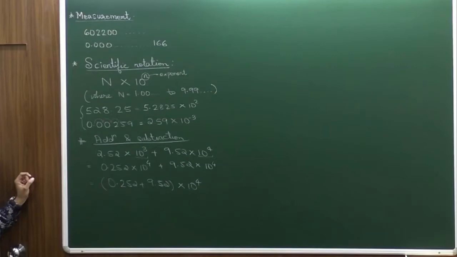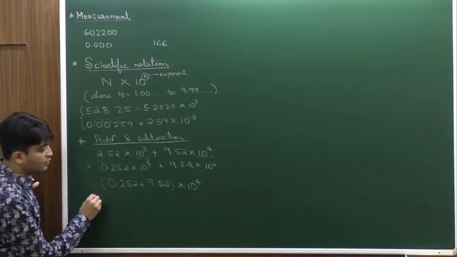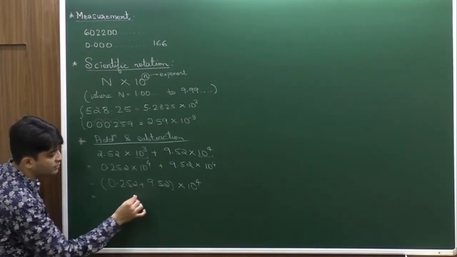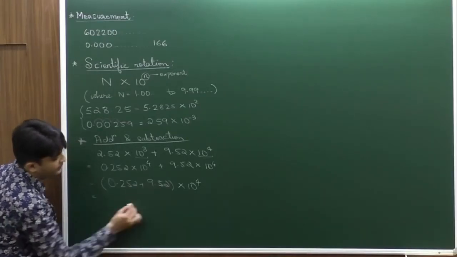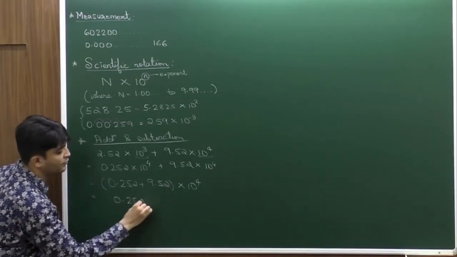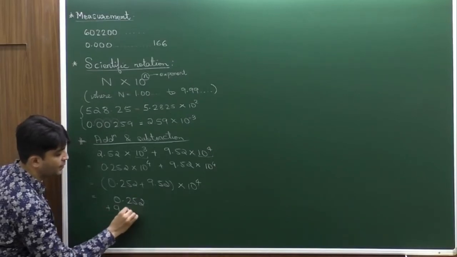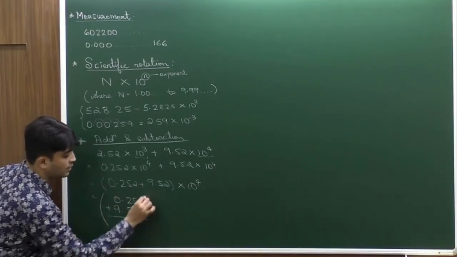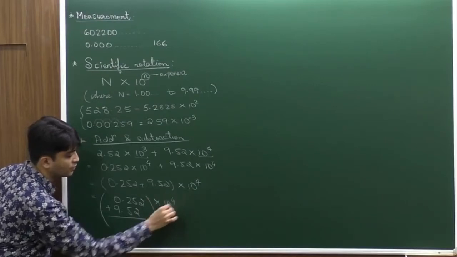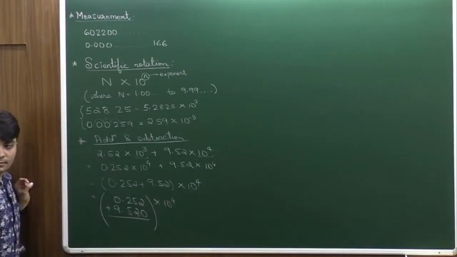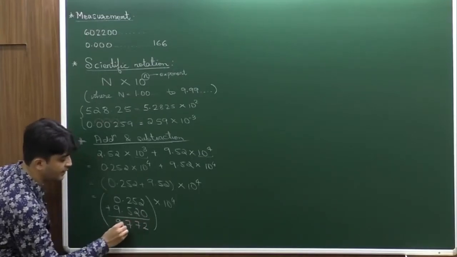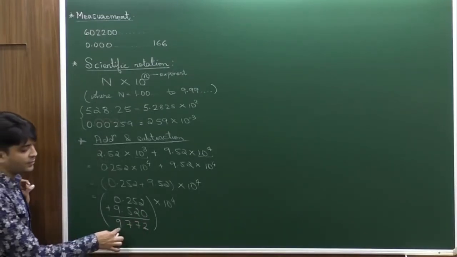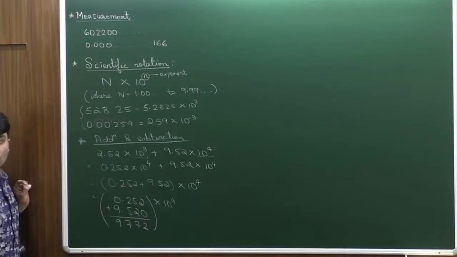would be common. Clear? So finally add करेंगे तो this two 5 and 5 and just write as 2.252 plus 9.52 and multiplied by 10 raised to 4. So I can just add a 0 here. So add करेंगे तो we get 2, 7, 7 and 9. So final answer would be 9.772 into 10 raised to 4.